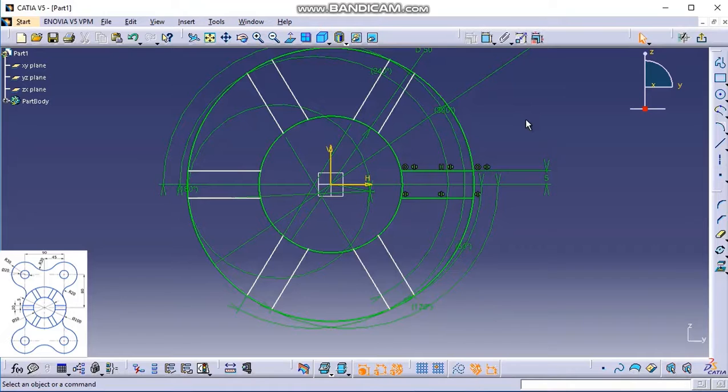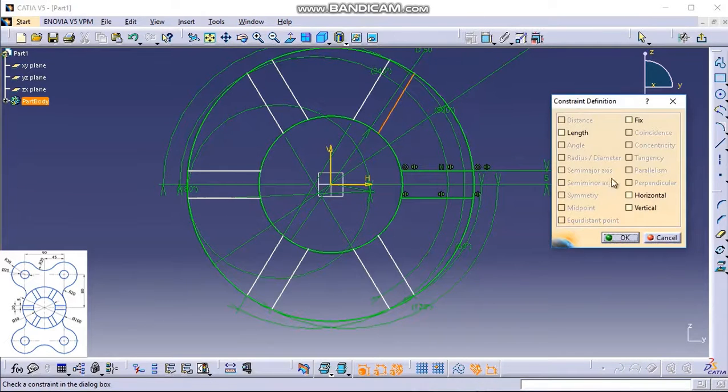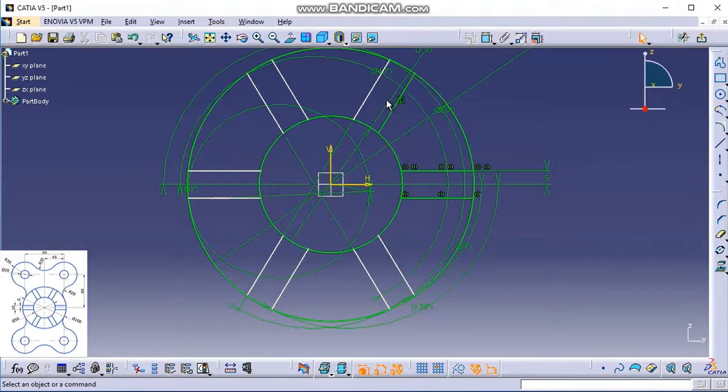You can create a fixed constraint because we already know that these are positioned correctly. So we can use the fixed constraint to fix the position of this object. Click on the object, click on constraining and use the option called fix, which will fix the position of the object, and you can see it has been constrained.